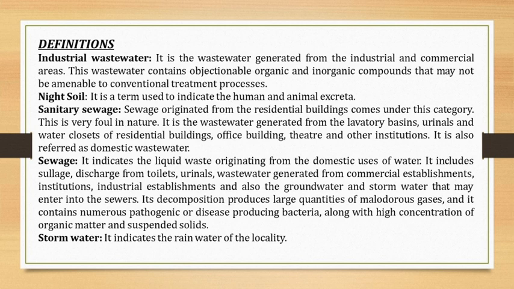Next up, that is sullage. So sullage is nothing but the wastewater from the bathroom, kitchen, and wash basin. So this is called sullage. And the sewage is the one which includes sullage as well as the discharge from the latrine, urinal, and toilet. So this total waste is called sewage.